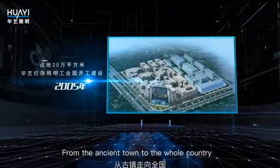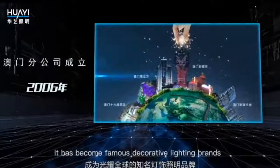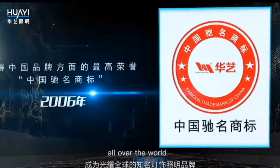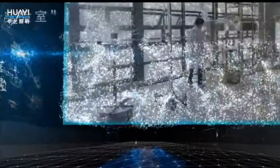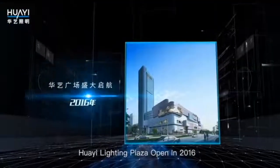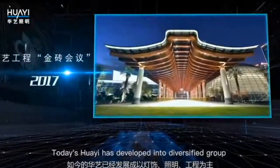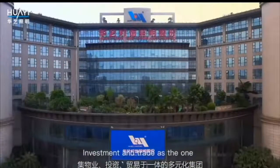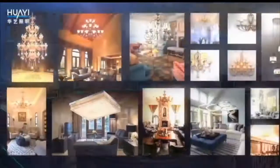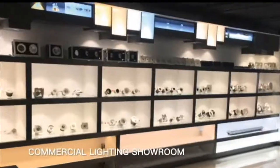From the ancient town to the whole country, and from the whole country to the world, it has become one of the famous decorative lighting brands all over the world. Today, Huayi has developed into a diversified group which gathers property, investments, and trade as one, based on decorative lighting, illumination,